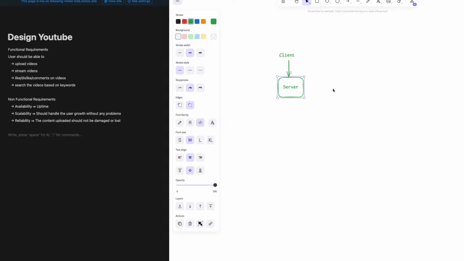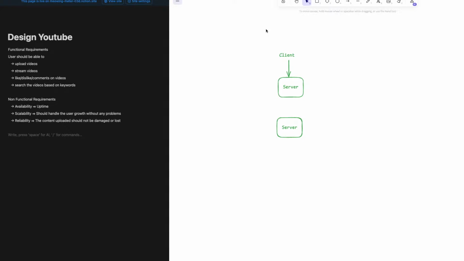And then the server would call something like an encoder or transcoder. How to represent this? This wouldn't provide anything else. Okay, and once that is done,